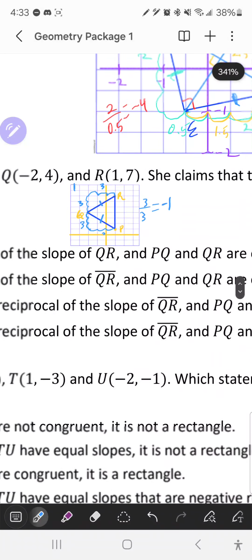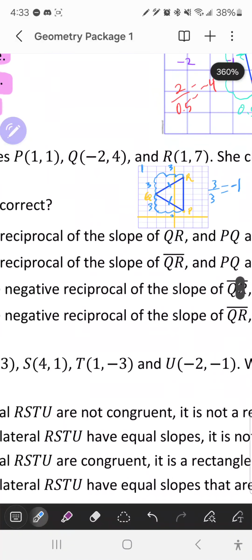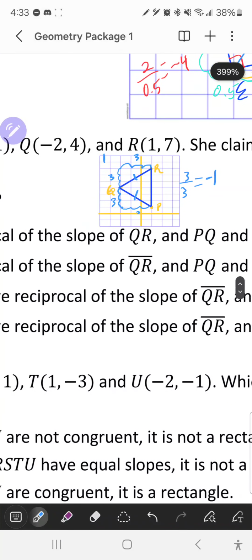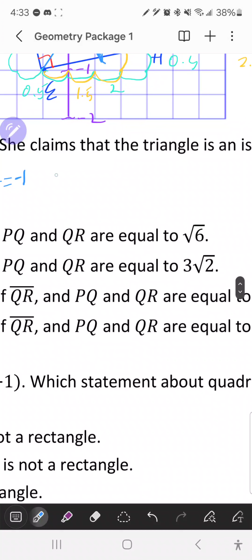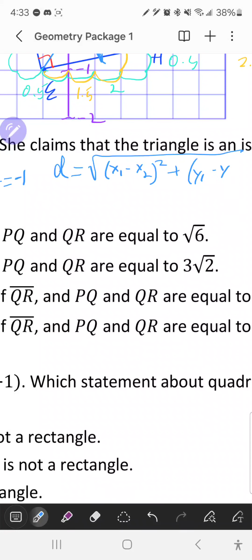I'm going to use P and Q. So the distance formula is D equals x1 minus x2 square plus y1 minus y2 square. So this is going to be